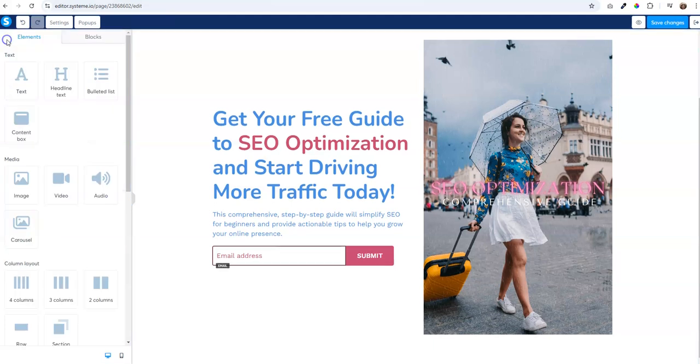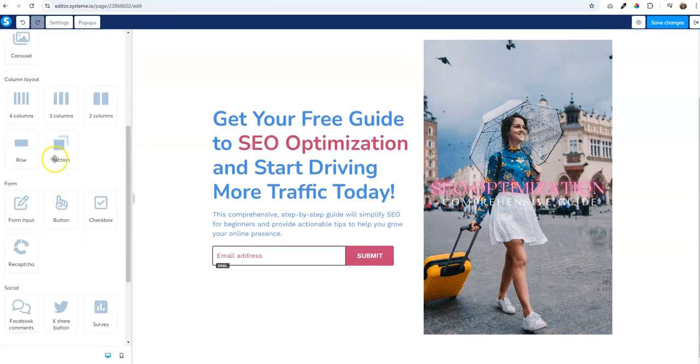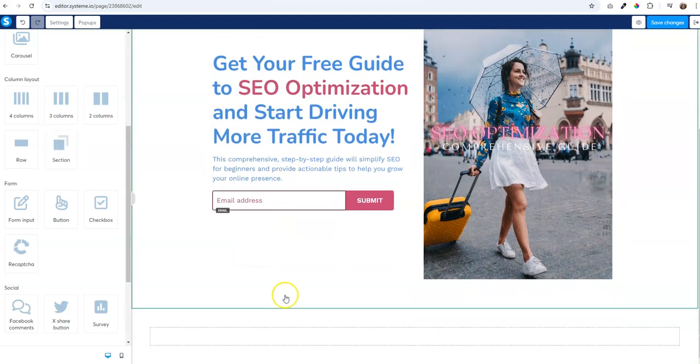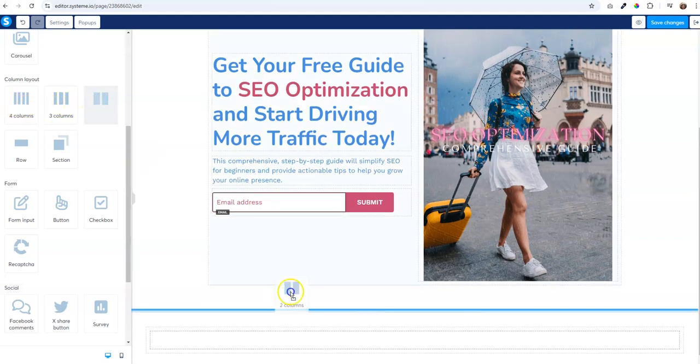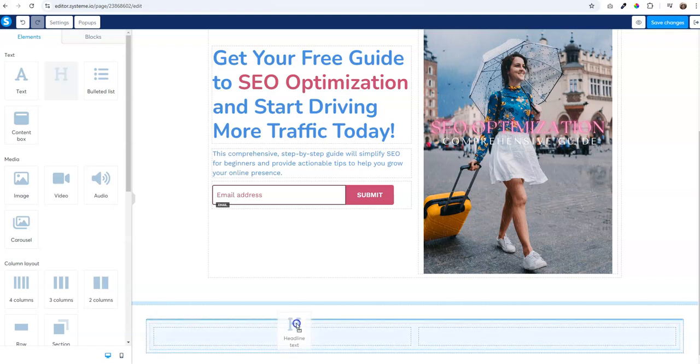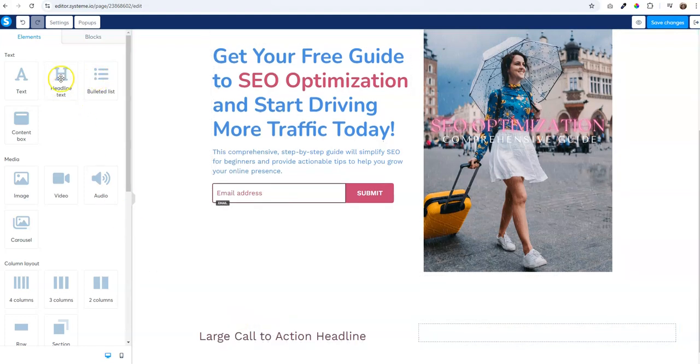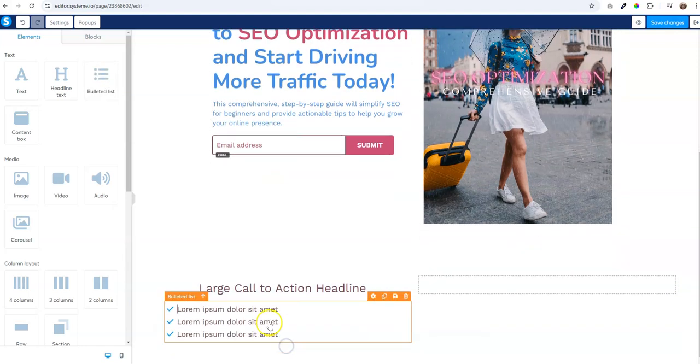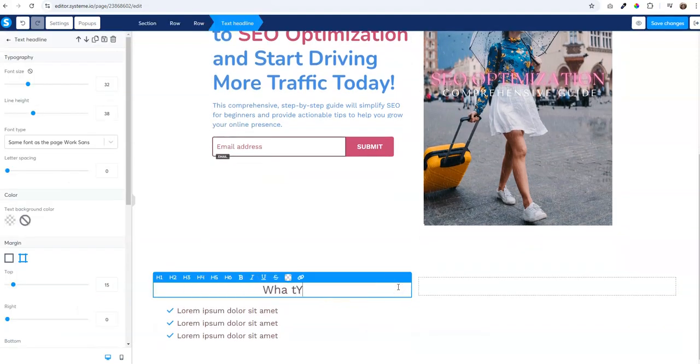Then we're going to add another section down here. And let's see what you'll learn in this guide. Let's add just 2 columns. I'll add a text and a bulleted point here. And then we're going to put in,